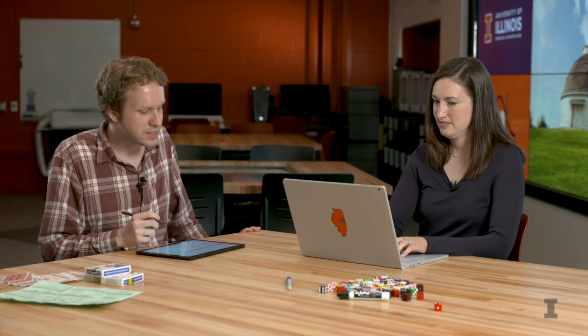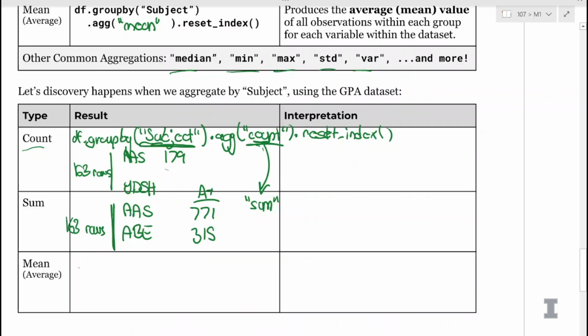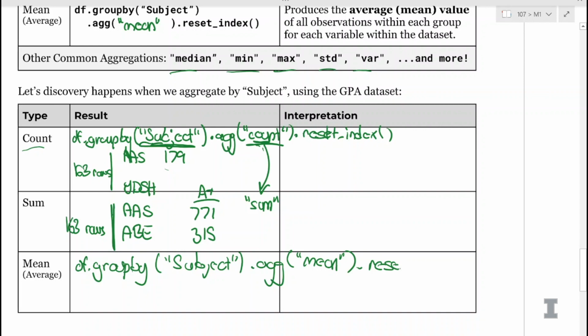Exactly. And the one final really common way that people will aggregate data is by the mean, or finding the average of that column. So df.groupBySubject, grouping by the subject, aggregating by the mean, and then resetting the index.